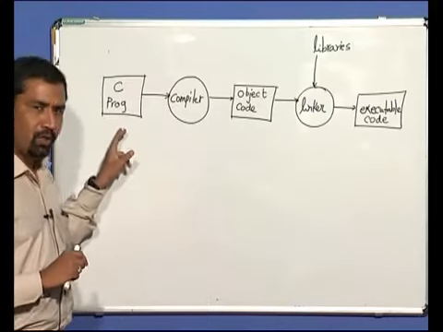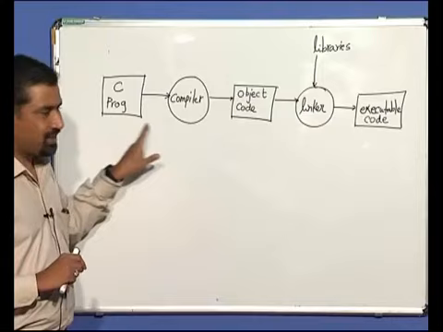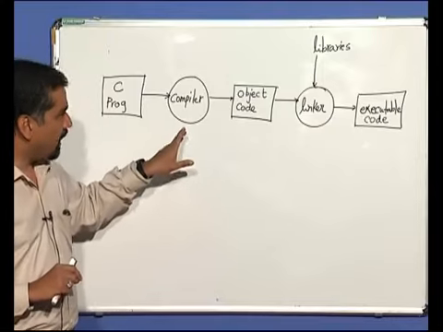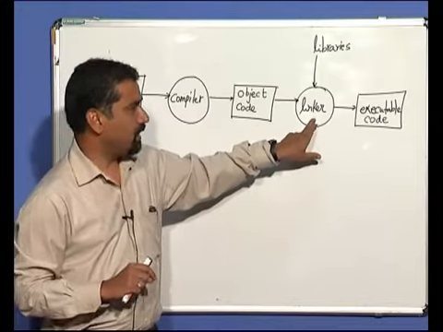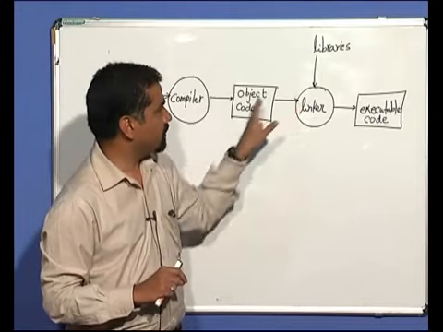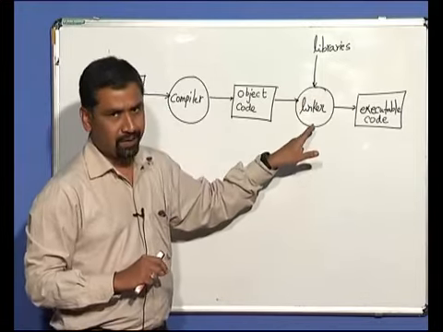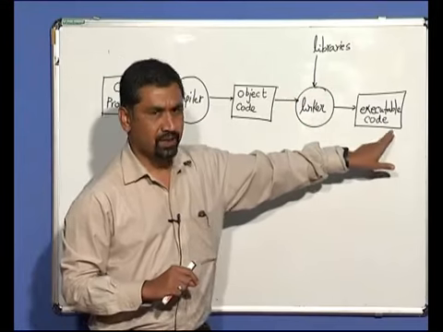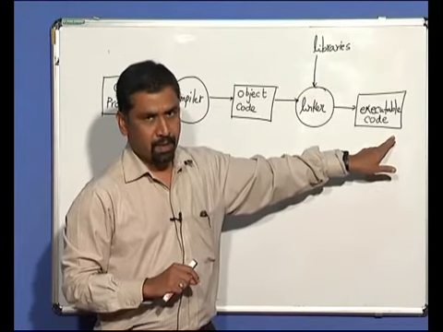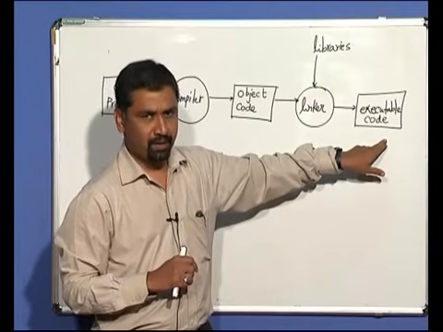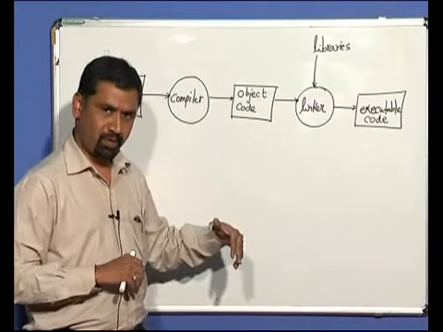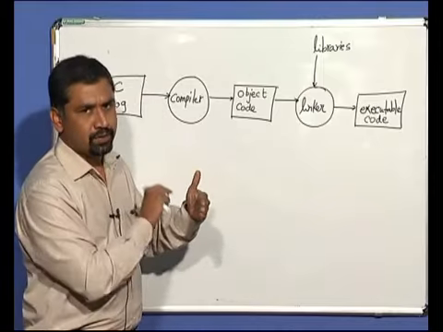As you all already know, the C program is sent to the compiler and the output of that is the object code. It is passed on to the linker, and the linker joins the object code and the already existing library code and produces the executable code. This executable code, which is in machine readable format, is loaded into the computer memory and the CPU executes statement